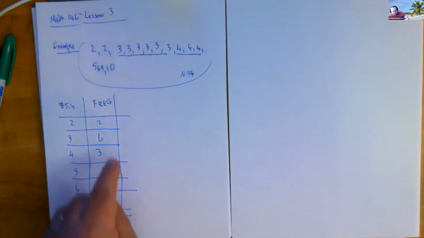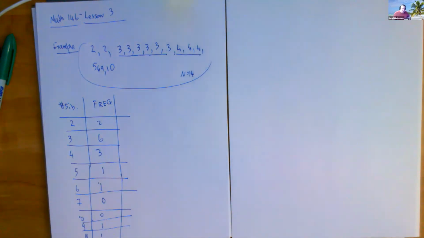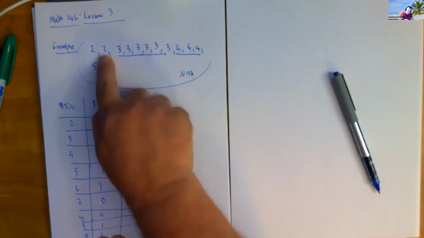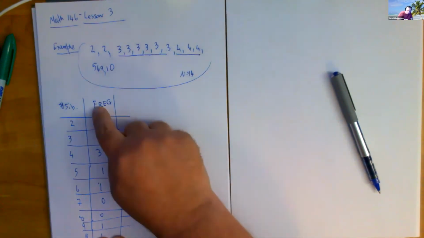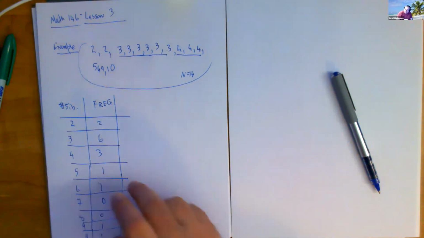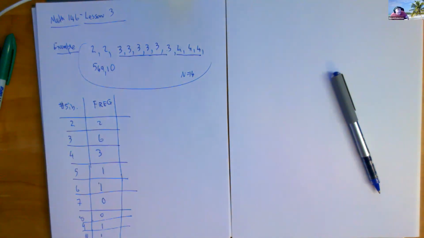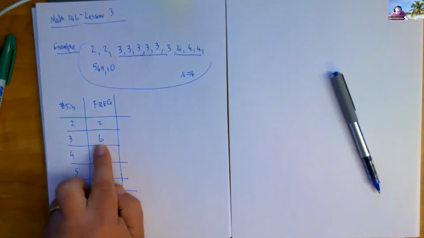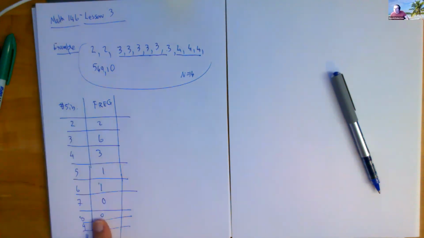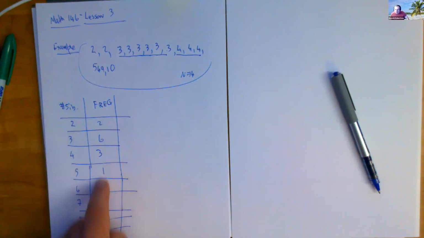Now, when you look at this data in the form of a frequency table, it's probably better than this, but when there's lots of numbers, it's a lot better to have it in this tabular form, right? This frequency table format. Can you see that it's pretty easy to see that the most common number of siblings is 3, right? 6 of you, compared to any of the other numbers. That was our